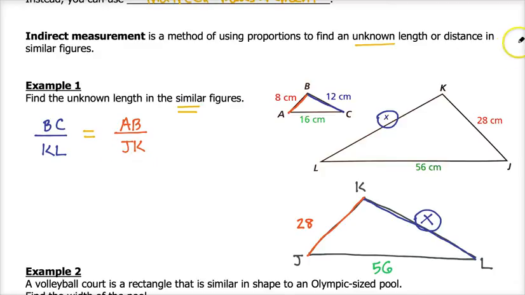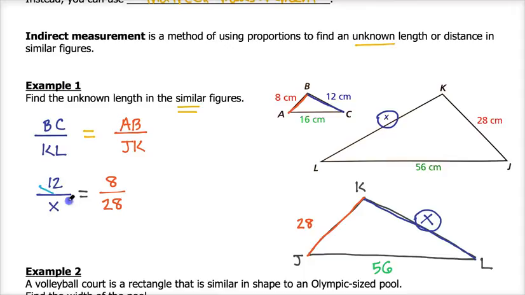So now what I'm going to do is I know 3 of these 4 side lengths. I know that side BC measures 12 centimeters, so I'm going to replace the BC there with a 12. I don't know side KL, that's that variable x that I'm using, so I'm going to put an x there. And then I know my other 2 side lengths. I know side AB is equal to 8 centimeters, and I know side JK measures 28 centimeters. So now I have a proportion, 12 over x equals 8 over 28,